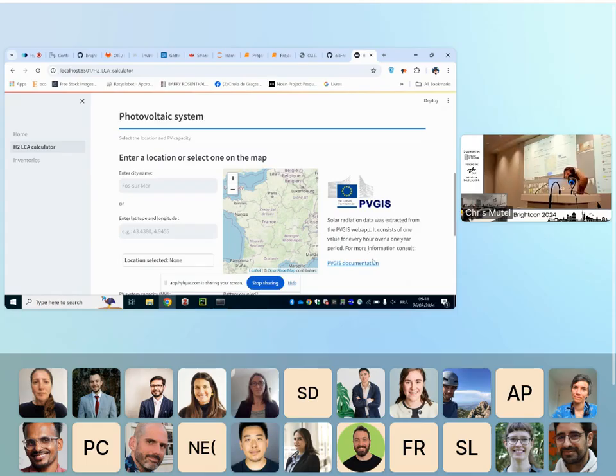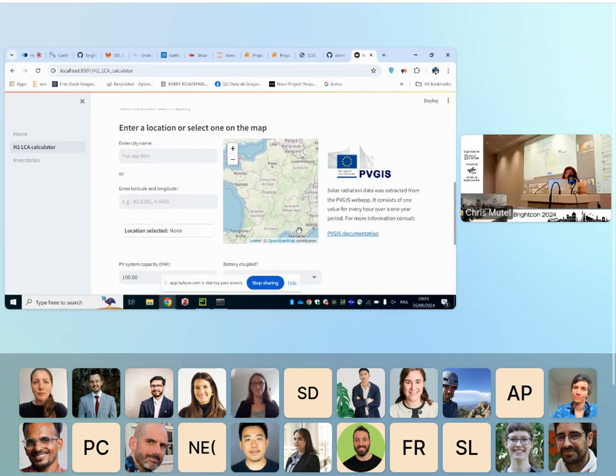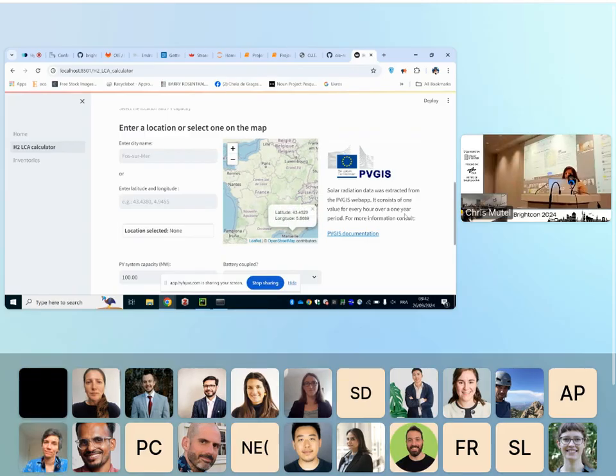And then I do some data scraping here. And I connect my web app with the PVGIS website that supplies me with information from solar panels. So I can integrate this data into my assessment. And I'm gonna just choose here the south of